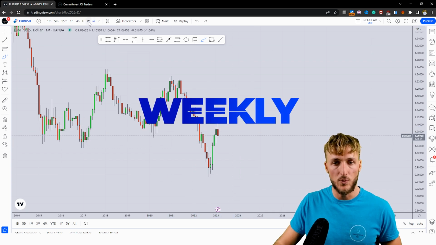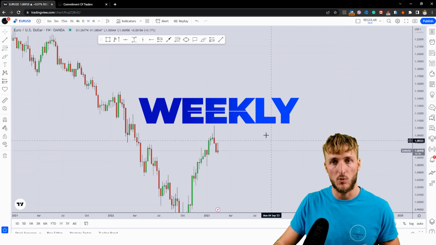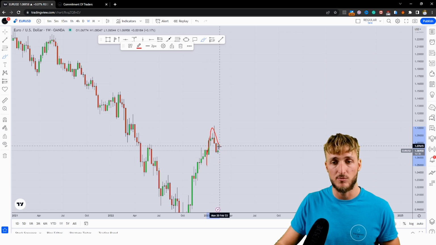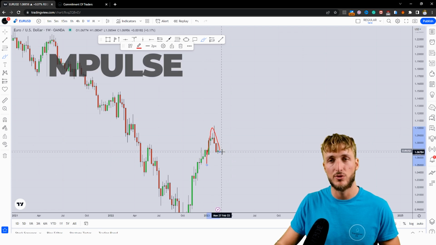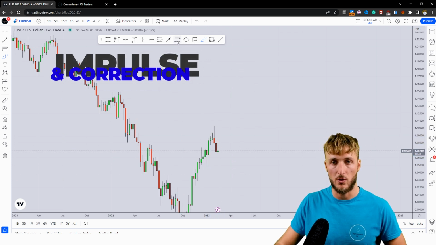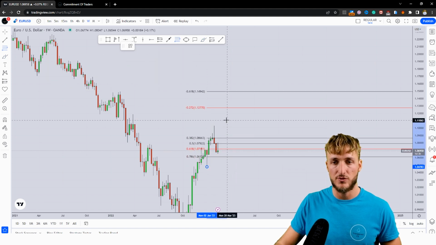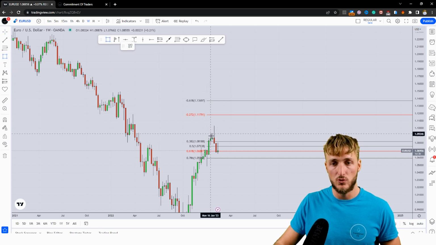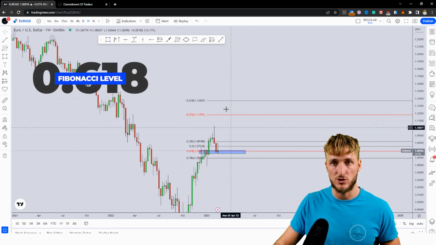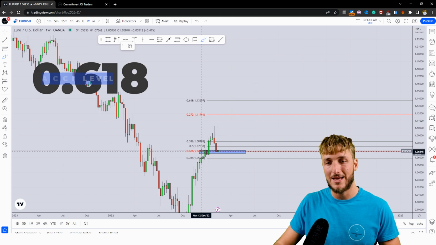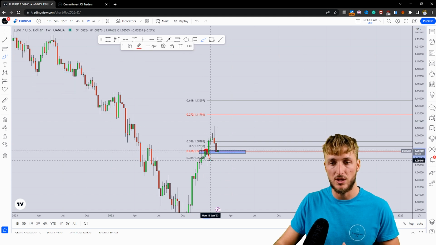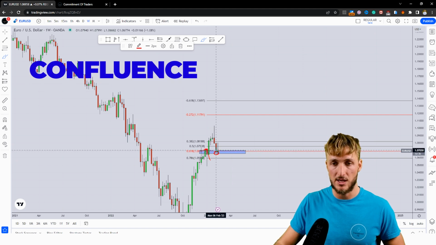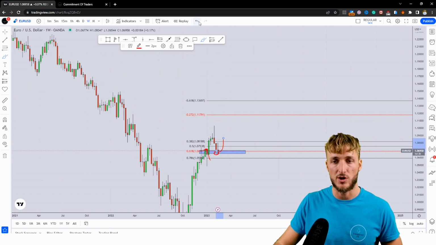Dropping down on the weekly time frame, what do we have? Now, from a weekly perspective, first of all, we must acknowledge how, since we have an impulse and correction in general, after an impulse, if you want to measure the correction, you have to take your Fibonacci from the low to the high of the impulse leg. And what we can see is that we do have the 0.618 Fibonacci retracement currently lining up exactly with previous weekly resistance turned support,